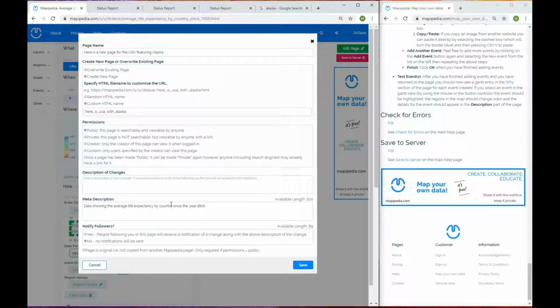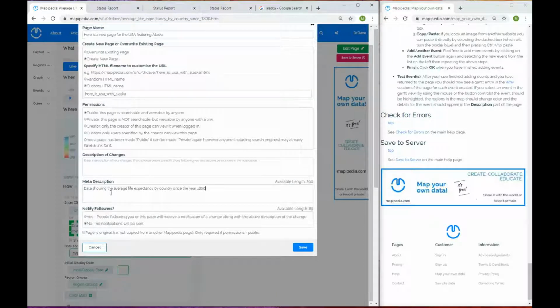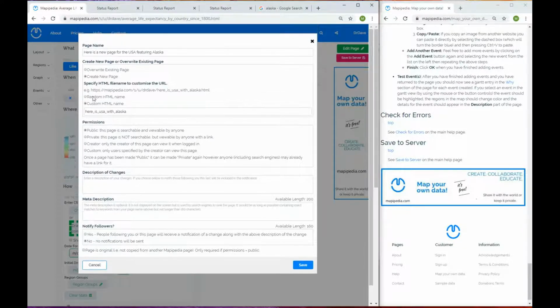Let's make it public for now. You can put in a description of the changes. You can put in some meta description data, which is also useful for SEO optimization. If you do make changes to a page and you want to notify followers, you can do that. And when you do notify followers, it will basically email them what you put in this description of changes section. And then if you do have public selected up here, you just need to confirm that it is an original page rather than it being a copy of someone else's page. And you can click save,